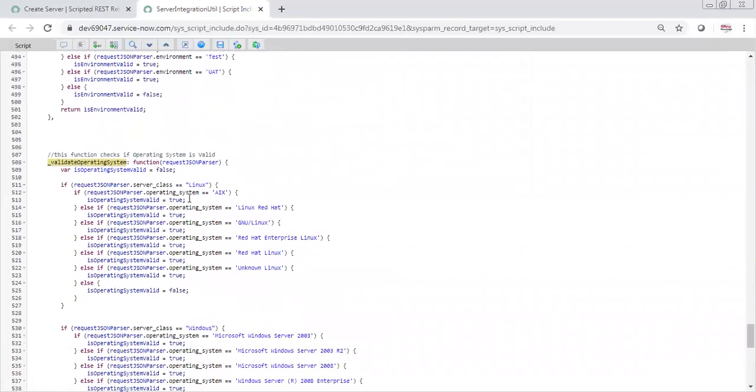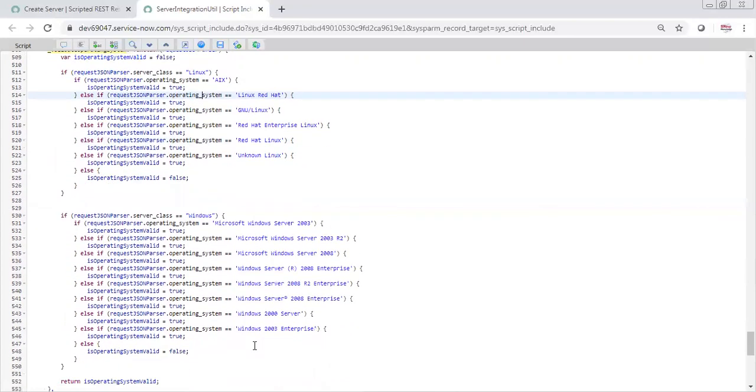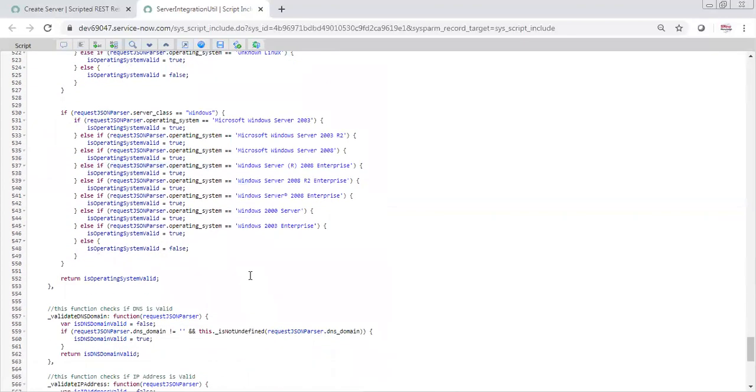Here we are trying to validate whether the class is Linux or Windows and the operating system. If we talk about Windows, can you have Red Hat or this kind of operating system in Windows? No. In Windows, you can have only Microsoft-related operating systems, right?